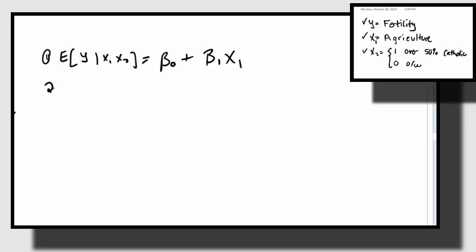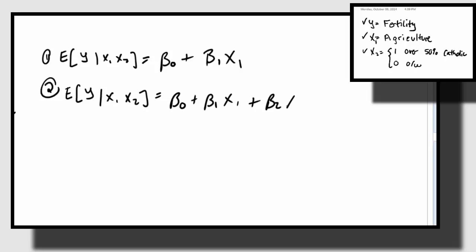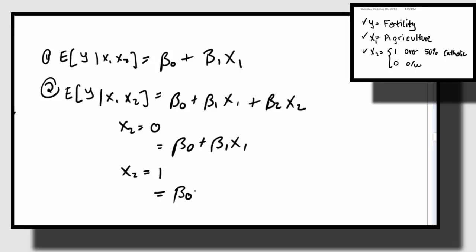Let's consider a second model. Here we have the expected value of Y given X1 and X2 is beta naught plus beta 1 X1 plus beta 2 X2. Now let's think about this. In the event that X2 is equal to 0, if the province is majority Protestant, then this works out to be beta naught plus beta 1 X1. In the event that X2 is equal to 1, in the event that the province is majority Catholic, this works out to be beta naught plus beta 2, because this term right here is now 1,